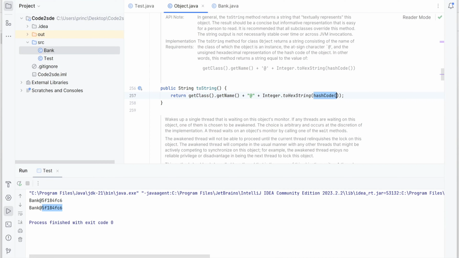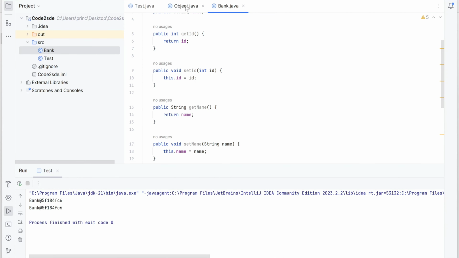As of now, you can understand that it is an integer value. So here it is a hexadecimal representation of that integer value, the hash code. So class name at the rate and the hexadecimal representation of the hash code is what toString is returning as a string output.